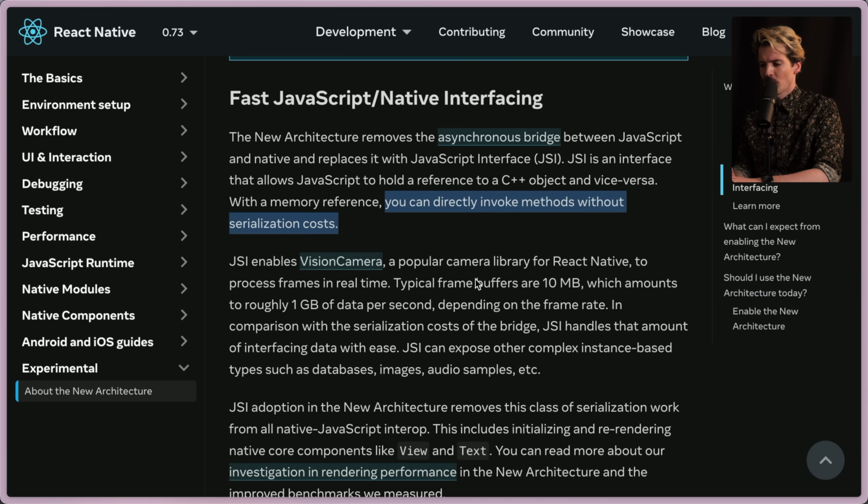Now, that's just a feature built into React Native. You can just call a C++ object or a C++ function, whatever you want, and it just works. So as much as I don't want to write C++ code, the idea that someone could write some really complex math in C++ and I just have access to it in React Native, that's crazy. And I love that. Let's see how they actually use this though, because as cool as it sounds, I want